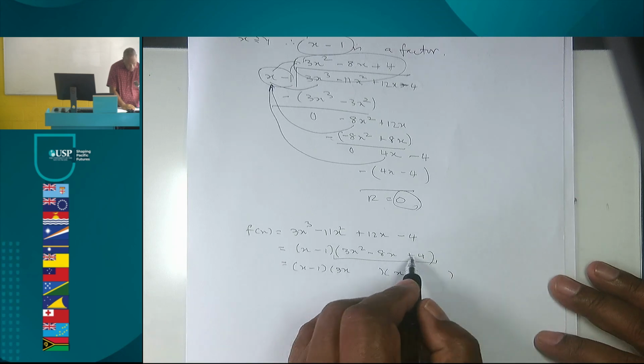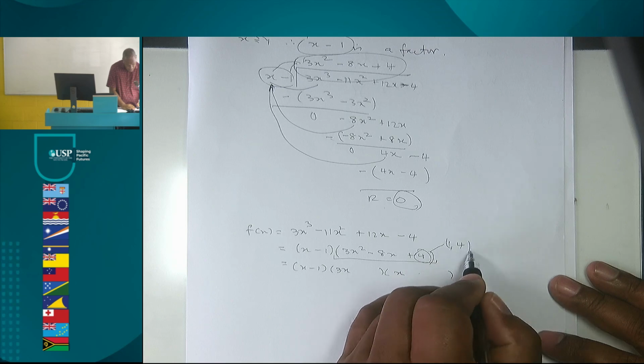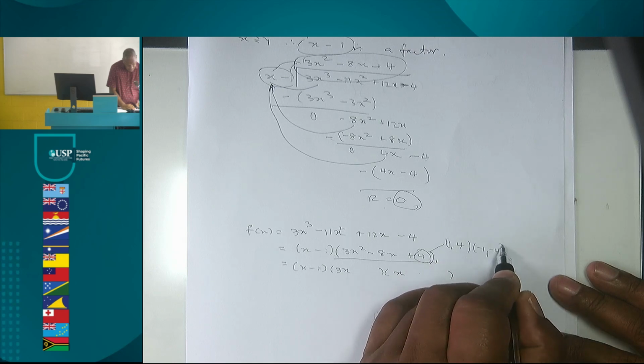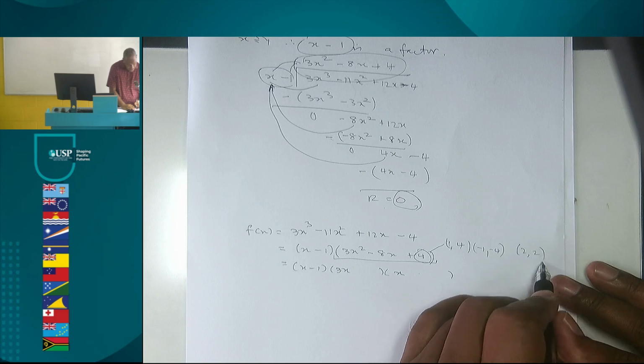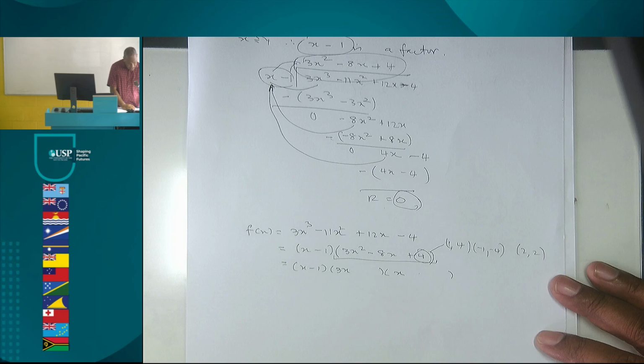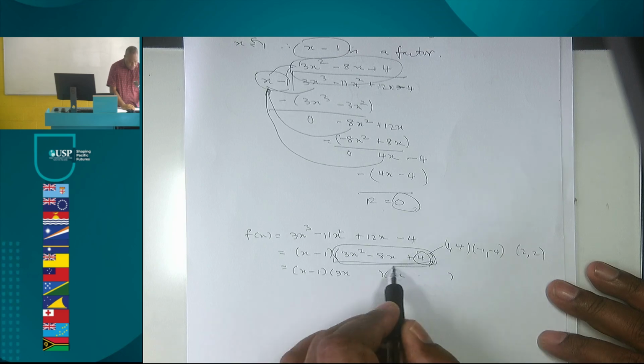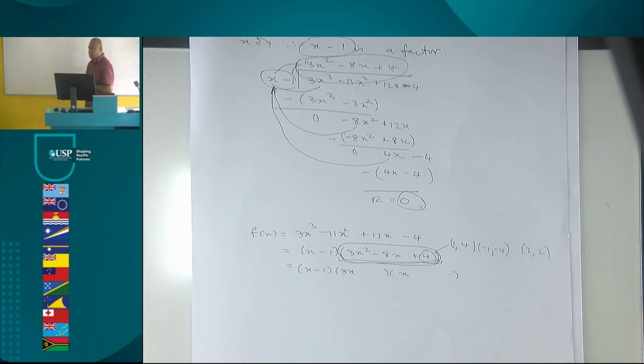Okay, let's just try 1, 4, 1, 24, 2, 2. Okay. 3x squared. For this one, we'll need a separate method of factorizing